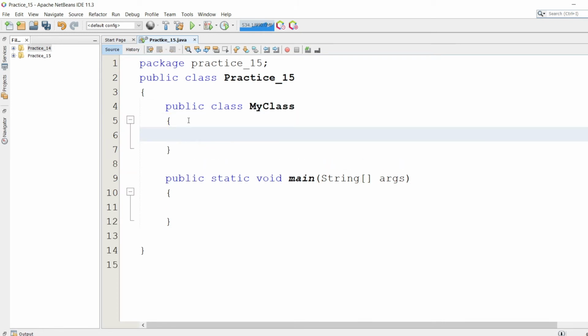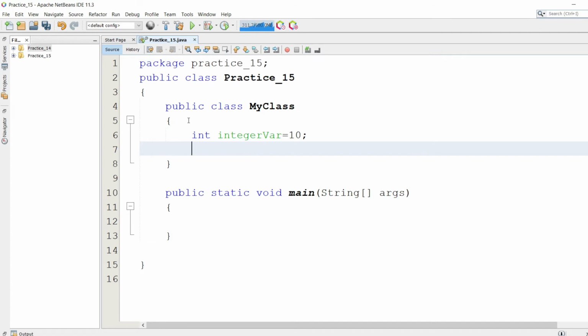Here I'm going to define one integer variable, as in the previous OOP concept example. I'm going to define here one default constructor, that is, it does not take any parameter.